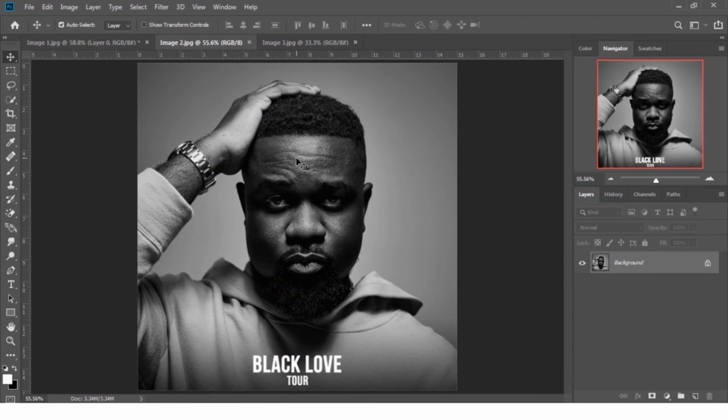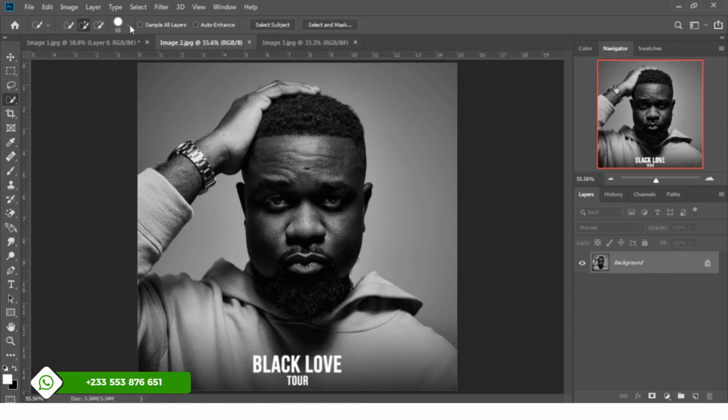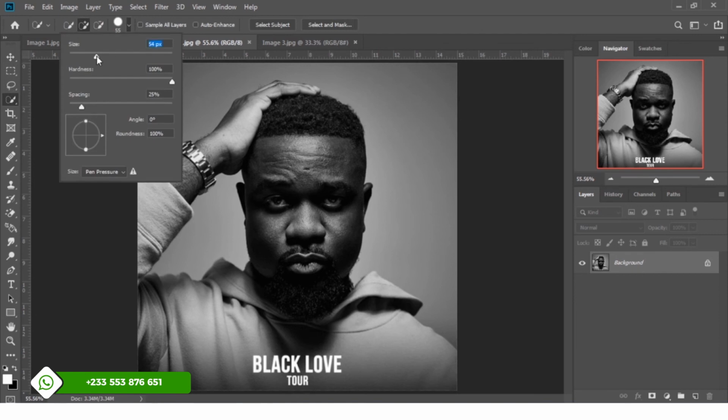So with this, we go up to use the Quick Selection tool, and the shortcut key is W. So if you can't find it, it's the 4th tool among the tools panel. Just right click and that is it, the Quick Selection tool. So we can choose to increase and decrease the size of our Quick Selection tool mouse pointer by going to the property bar over here, and then you can choose to increase it or decrease it. So let's choose 50, and then